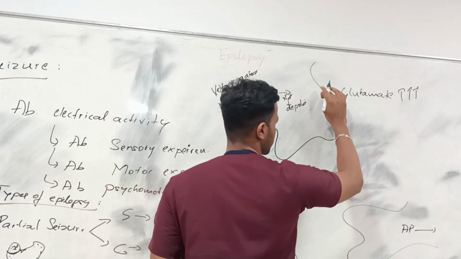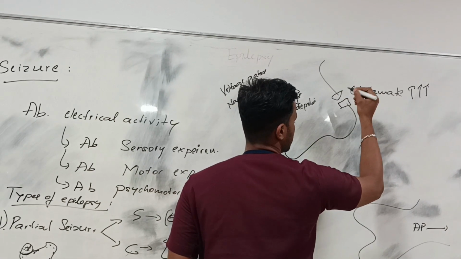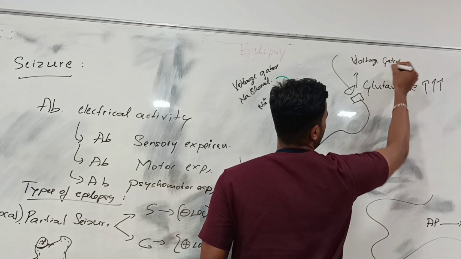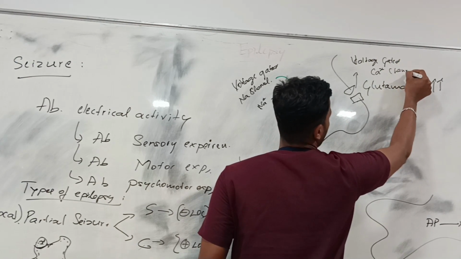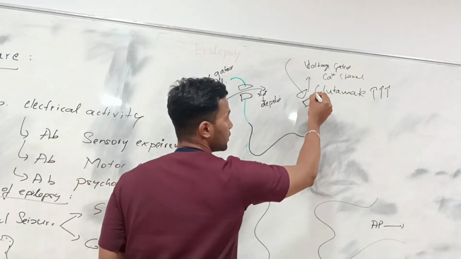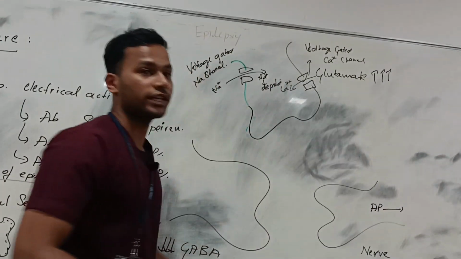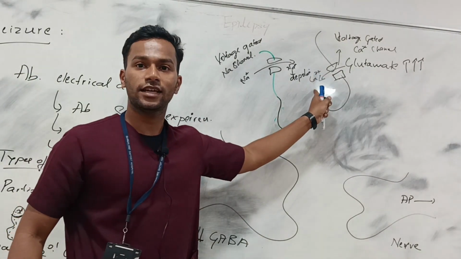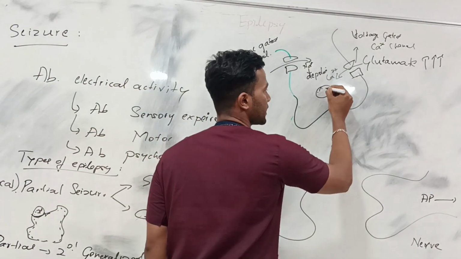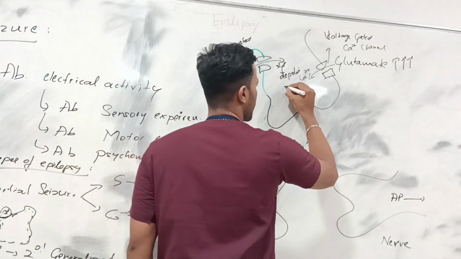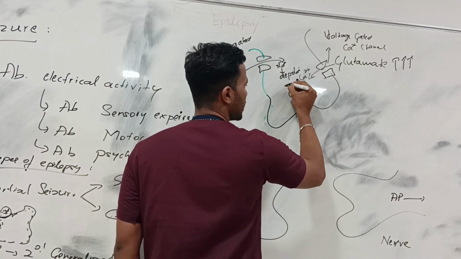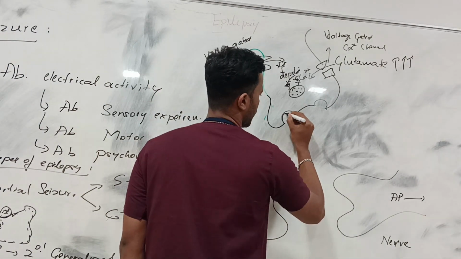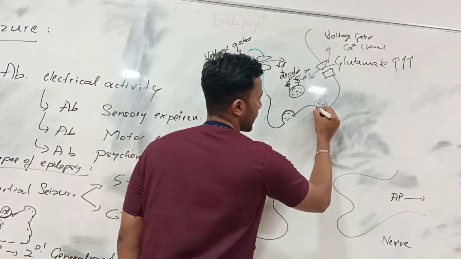Okay, and here there is another channel which is called the voltage gated calcium channel, due to which the calcium will enter into the neuron. First sodium will enter, due to which there will be depolarization, due to which the calcium will enter the neuron. There will be vesicles. These are the vesicles which contain glutamate. This has a receptor where the calcium will bind, due to which these glutamate vesicles will bind to the synapse,